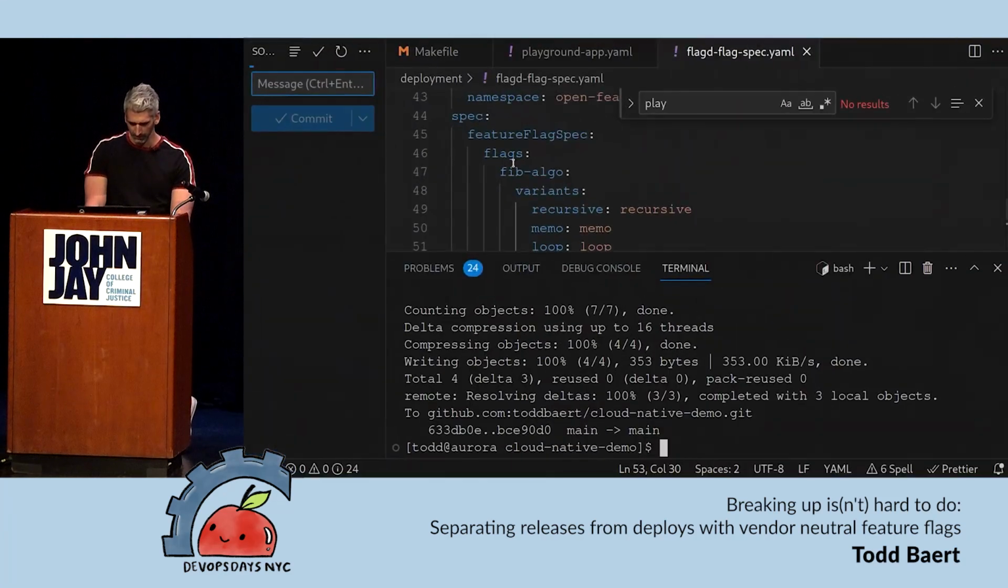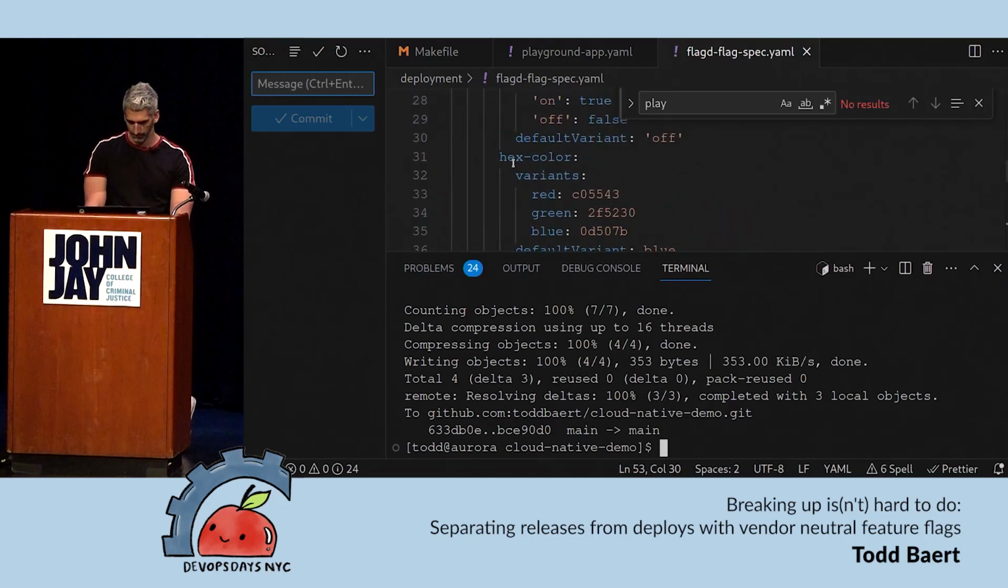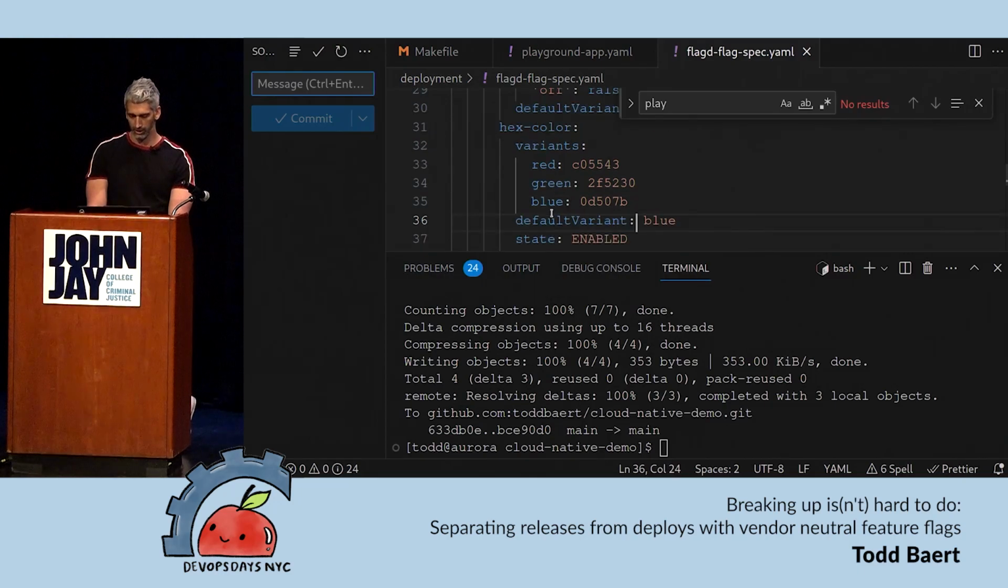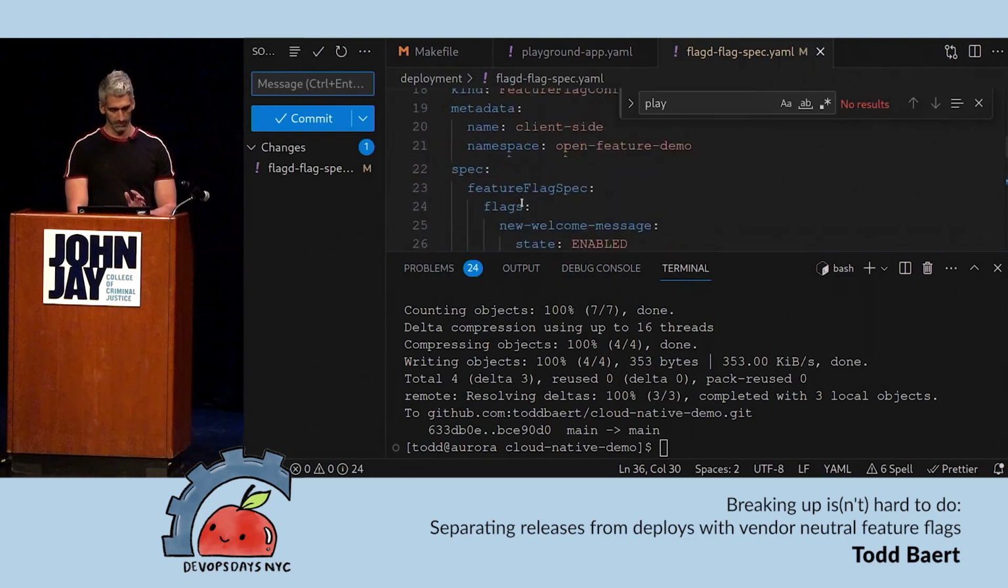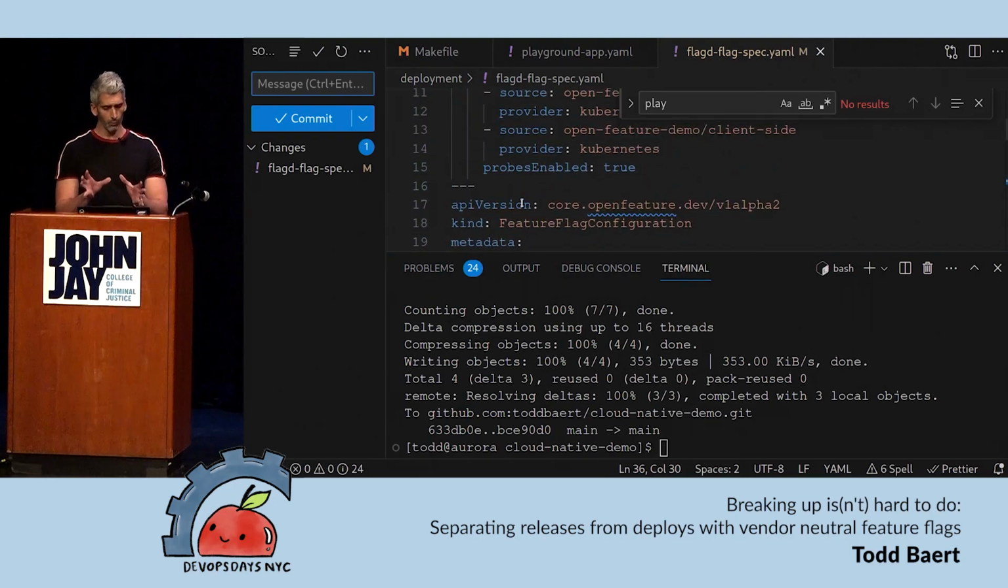Okay, let's do something maybe a little bit different, and hopefully a little bit more interesting. I'm going to look at some of these UI feature flags here, and I'm going to change this one to green. Now, you may be curious about what this YAML is. If you're not too familiar with Kubernetes, what this YAML represents is a custom resource. It's a resource we've called feature flag configurations. And flag-D understands these resources in Kubernetes and uses them as a source of truth for feature flag